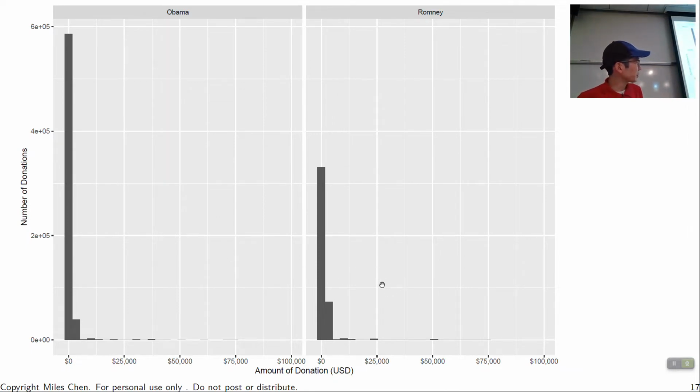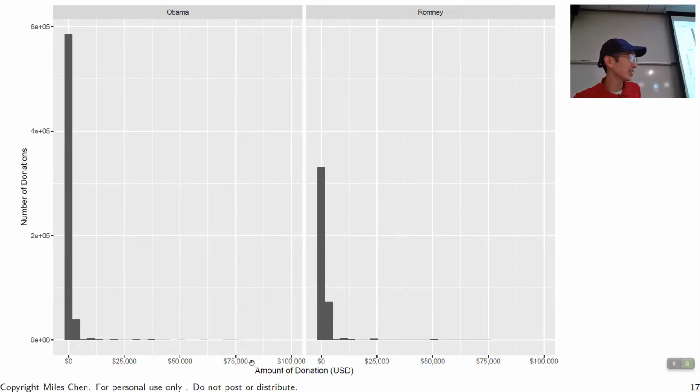So what's a suggestion? Do you guys have any suggestions for making this a little bit more useful? Because all we're saying is like, okay, by and large, almost all the donations are under what, $3,000. Okay, fine, but that's not very helpful. Okay, so yeah, maybe just zoom in on the tail end so they can see the minute differences. Zoom in on the tail end over here. Yeah. Or okay. Closer.